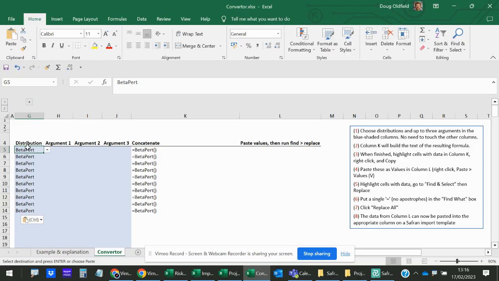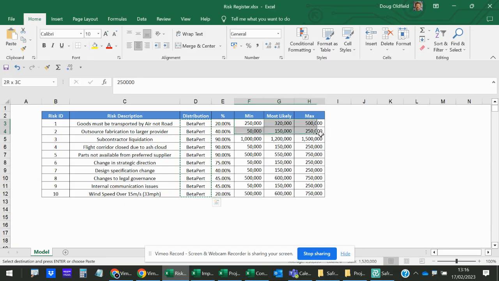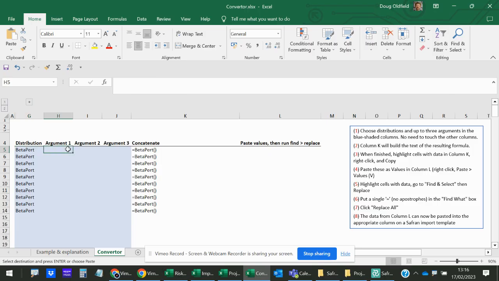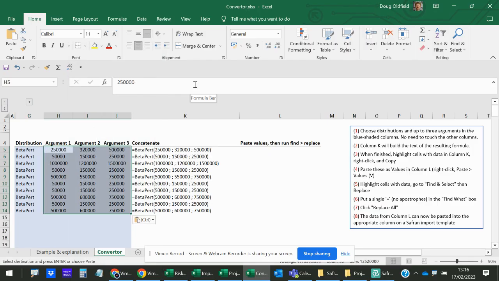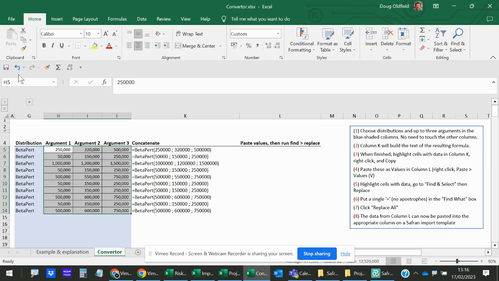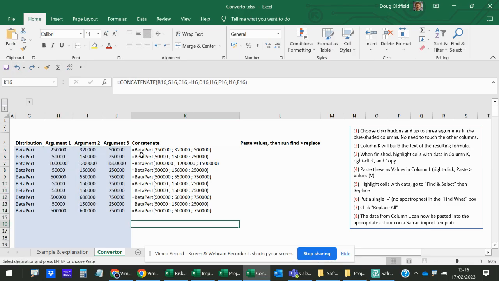And you'll see that as soon as the BetaPERT gets added, the concatenate function is then bringing that in with two of the brackets. So now I'm going to get my actual parameters themselves. I'm going to highlight all those, copy those, and just paste those in as values as well. Okay, so now you can see, hopefully, that I've got the full function,